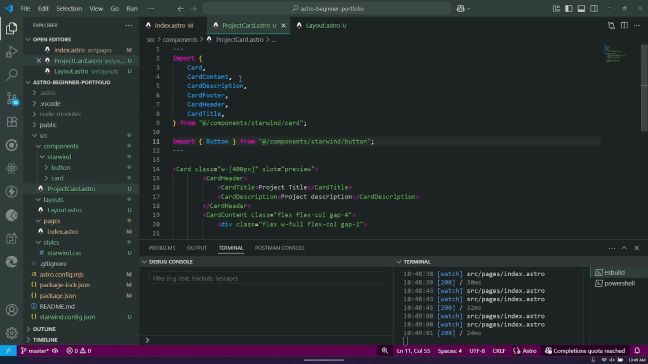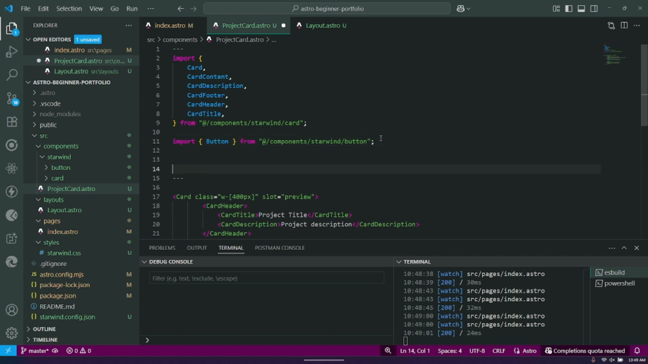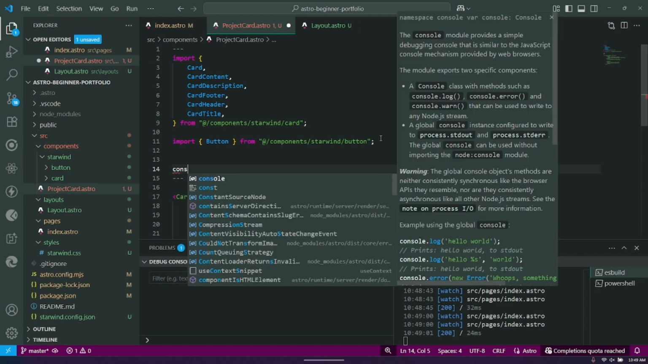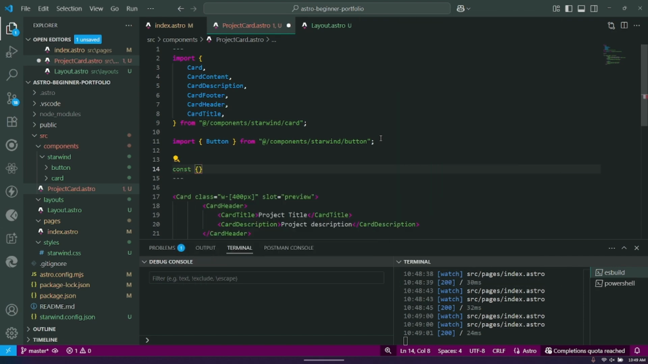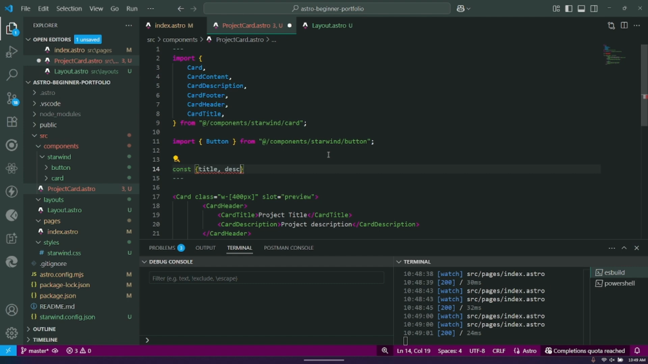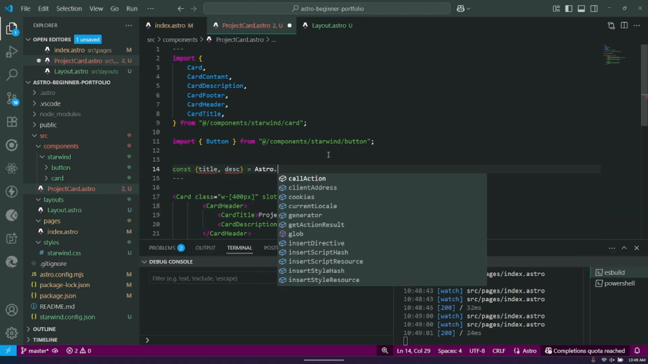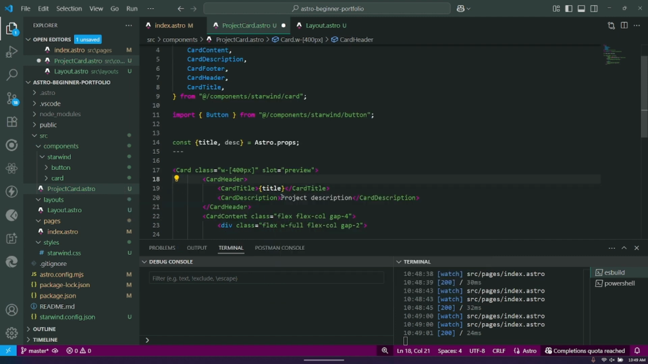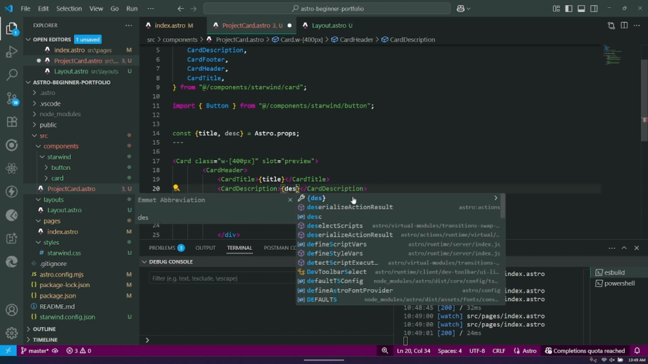So now what we want to do is modify the project cards to actually contain a project. If we go back to project card, we're going to give it props. So all we want is a const, and we're going to say we want a title, a description, and maybe we'll just do that for now, and it equals Astro.props. And now we can change this to a title and a description. Basically these are placeholders,